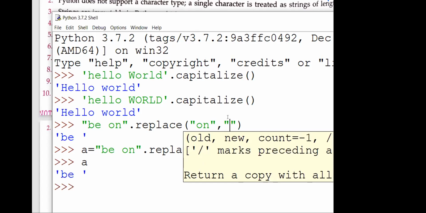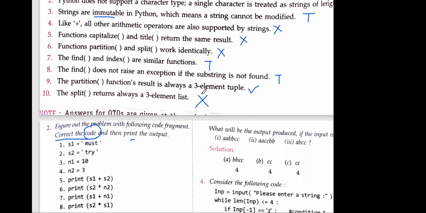It means you are adding space. So we will not give space in this case. When we don't want anything, we will write nothing here. Is this clear? Yes, ma'am. Okay.